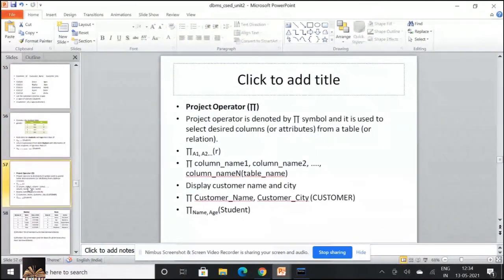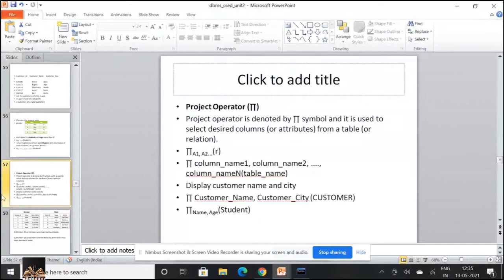Now the next one is the project operator. Whenever you are interested in only specific columns from a particular table based on conditions, you're going to work with the project operator.